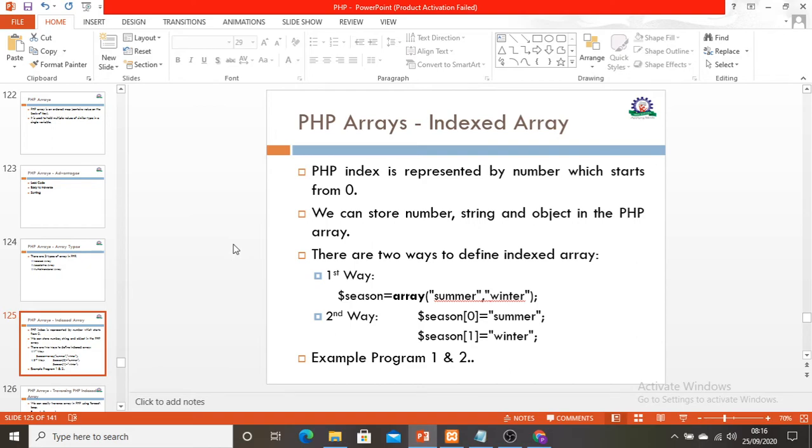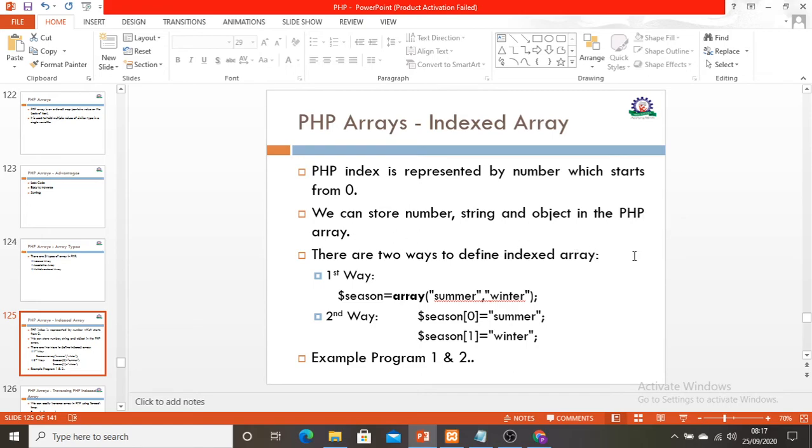So we can store numbers, strings, and objects in a PHP array. What can we store as the content of the array? We can store numbers, strings, and even objects. Object means it is going to call a different class. For calling the non-static members of a class, I need to create an object of the class. That will help me include multiple objects within the array also. These types of contents I can put in the array.